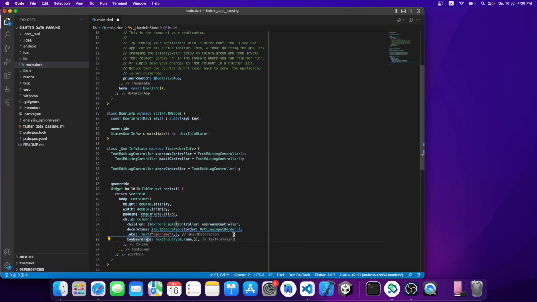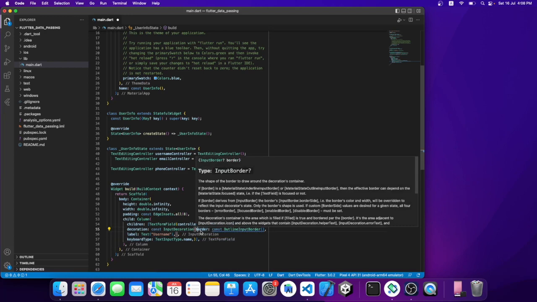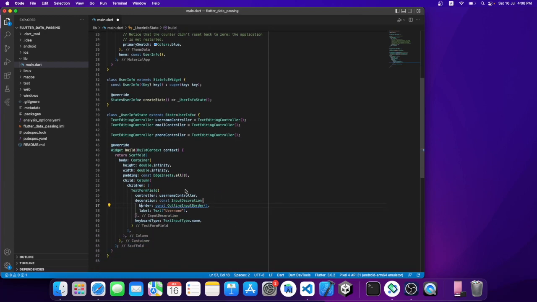Okay, add const modify everywhere in file. Okay, reformat the code. Okay, so now we want this 2 more times because we have 3 fields. So instead of copying this and pasting it again and again,